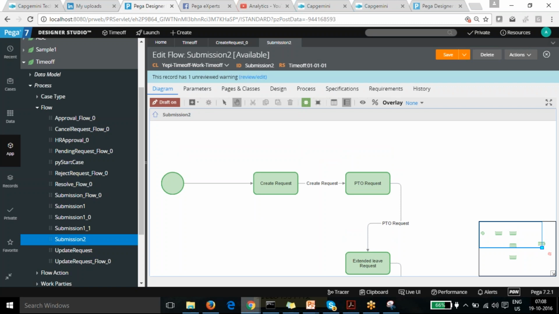During the development or prototyping, we should keep draft on so that we can test whatever incomplete things we are doing in the flow. So it's basically like a development mode. Yes, that's right. So whatever you have done, you can test it. Okay, got it. It doesn't need to be complete and then you can test it. Based on whatever you have done, you can test your applications.